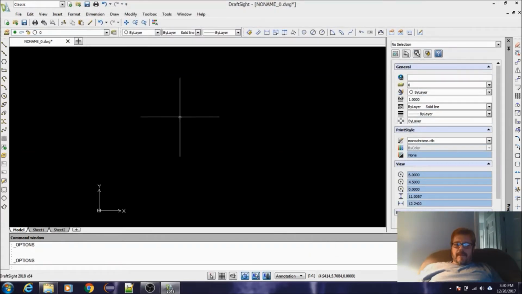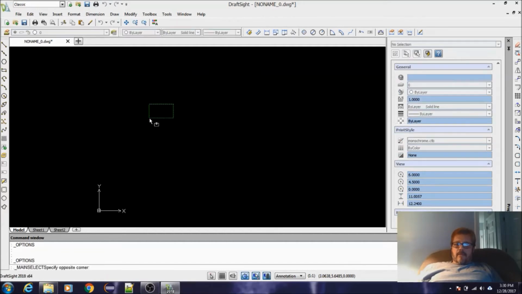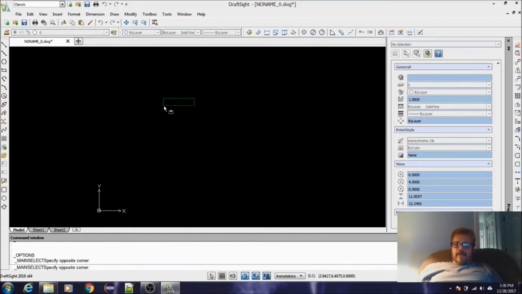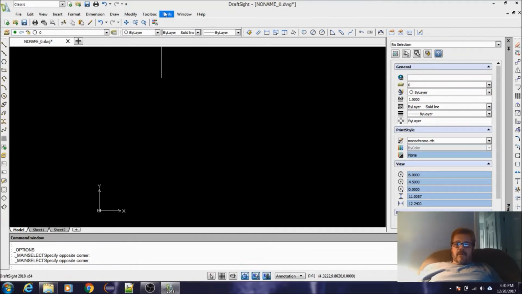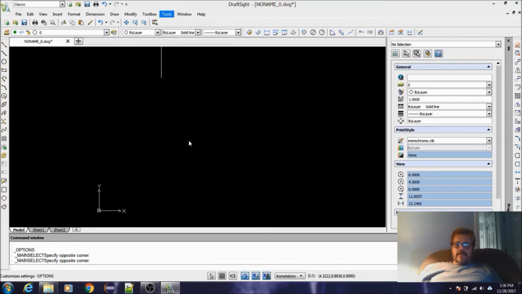So as we can see, we have a white crosshair now for our pointer. The next thing we're going to set up is the functionality for your right mouse button. So click your right mouse button and you should have the shortcut menu pop up. Okay, and to get out of that, by the way, just left click or hit escape, same thing. What we're going to do is go back under tools and go under options,